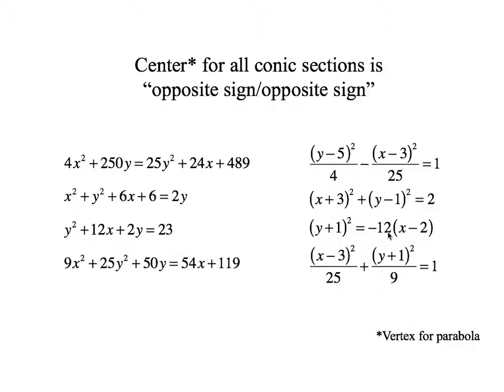And then in an ellipse and a hyperbola, both variables are squared. There's a perfect square for both the x and the y terms. For an ellipse, there's a plus between these two fractions. For a hyperbola, there is a minus between these two fractions. And now let's take a look at